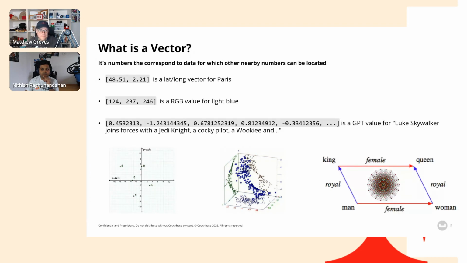Then we get into LLMs. And AI models will generate a much higher dimensional vector. So I think for OpenAI, it's 1,536 dimensions. And good luck visualizing that. I tried to in the bottom right there. Just a simplification, right? So this is a model that relates language to other bits of language, to put it simply. And so this, for example, is a vector that corresponds to a description of Star Wars. And so we can find other movies with similar descriptions by using vectors to find ones that are close by.